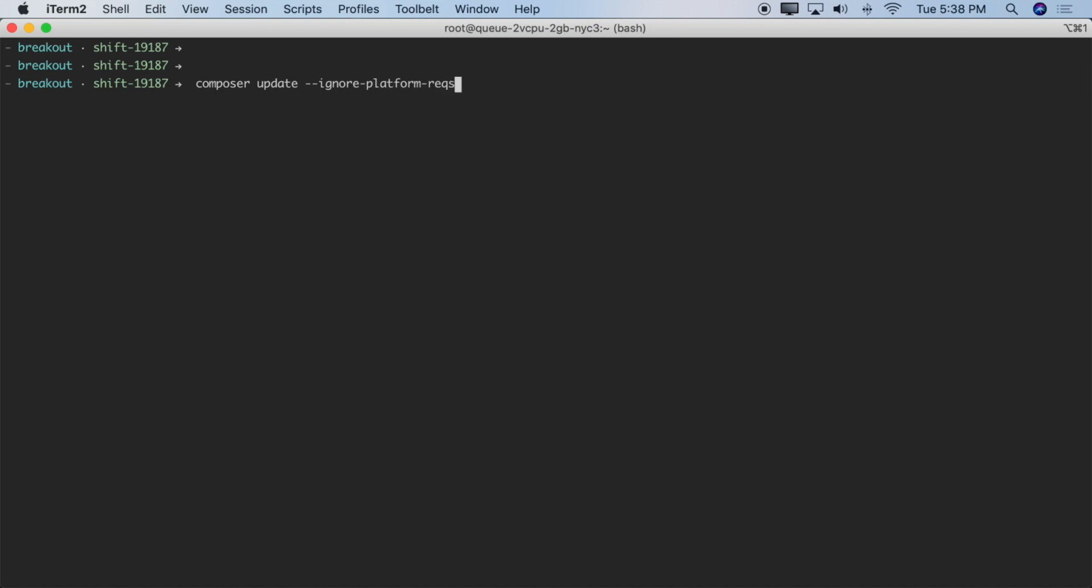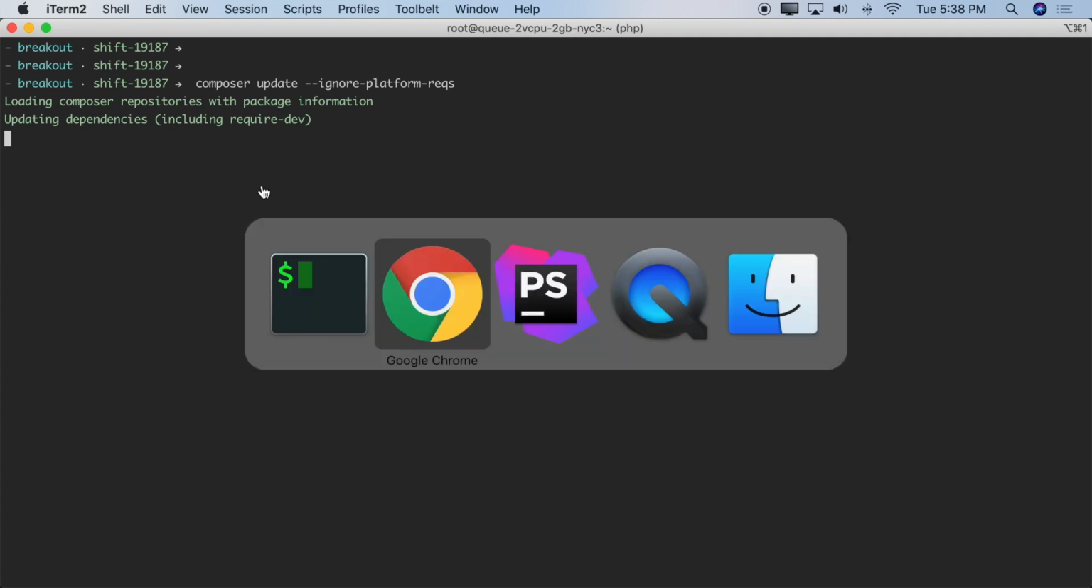And what this is going to do is ignore the platform requirements. I haven't updated my system to PHP 7.2 just yet, and there's also some other dependencies that this project has. So by passing this, I can kind of trick Composer into thinking I have everything that's necessary. So again, we'll let that run in the background to get those new dependencies and so forth before we start